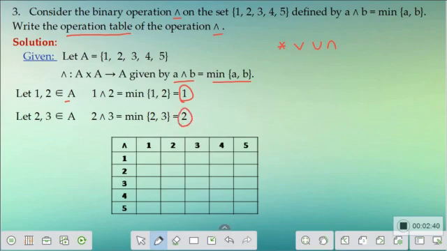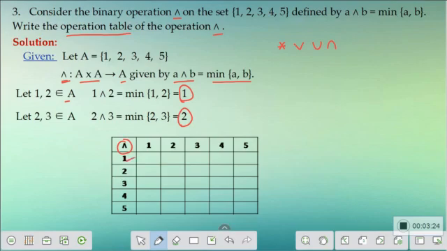Now, let us see how to put all these values in the form of a table. We know this inverted V is a function from A cross A. That is, you will have A along your rows and A along your columns. So, you will have a pair of elements which will have only one element as an output. Let us put it as a table where we'll have horizontal headings and also vertical headings, and the topmost left corner will be your operation. So here I have written the operation, that is inverted V, with the rows 1, 2, 3, 4, 5 and also the columns 1, 2, 3, 4, 5.